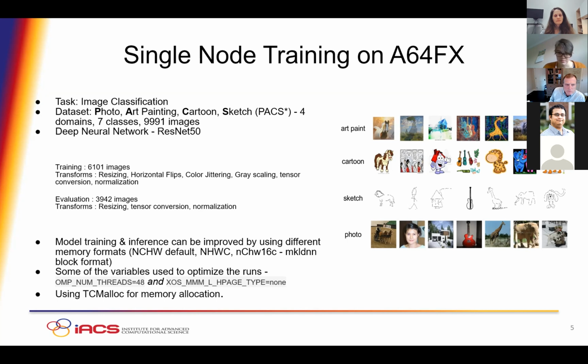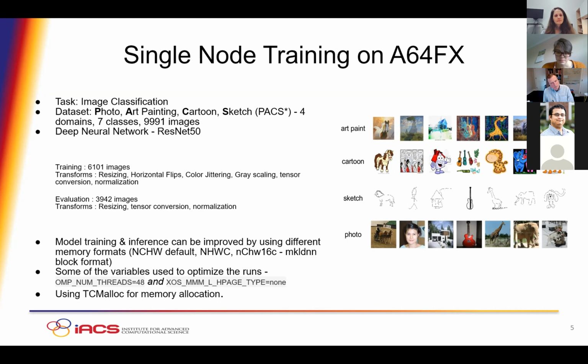NHWC just reorganizes the entire tensor, and that is the default in TensorFlow. And the new ones where we have NCHW16C, which is also known as the MKLDNN format, is the block format, which helps us